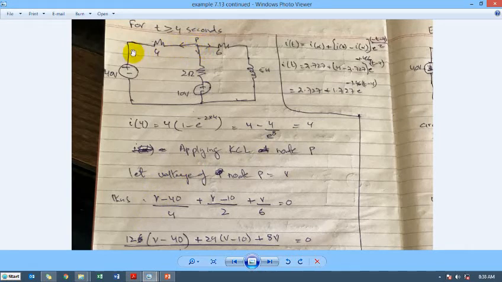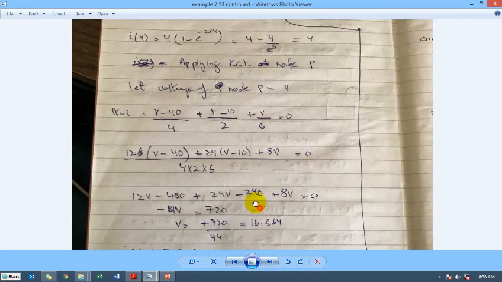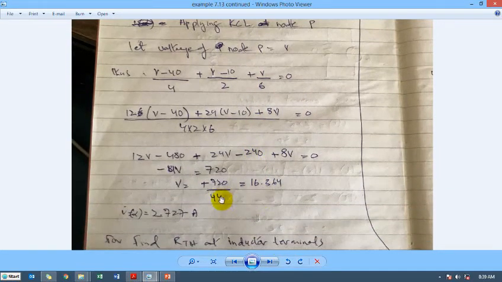So this voltage minus this voltage, divided by the value of the resistance. Next, this voltage minus this voltage, divided by the value of the resistance, that is 2. This is a short circuit for a stable condition, so it means the voltage divided by the value of this resistance 6 is equal to 0. Solving it, we come out with the voltage V, the unknown variable, one equation, one variable, the voltage is